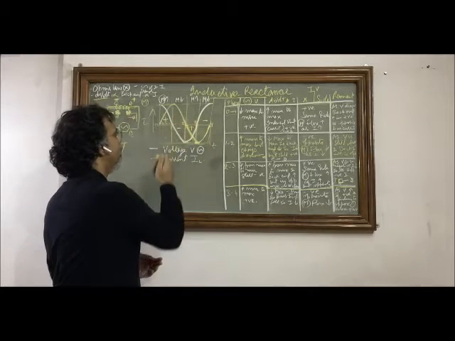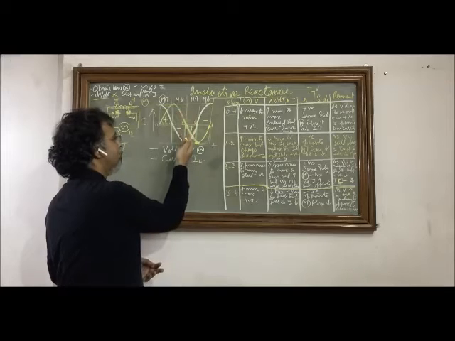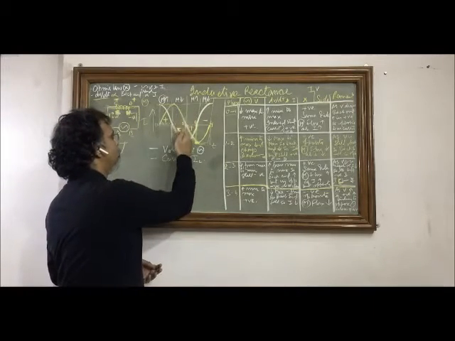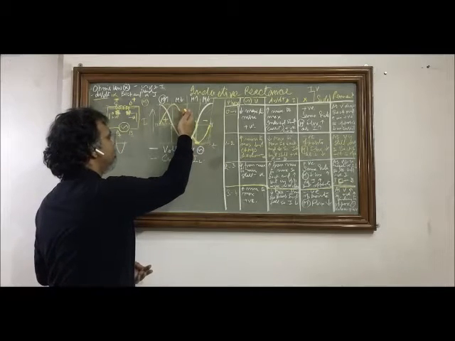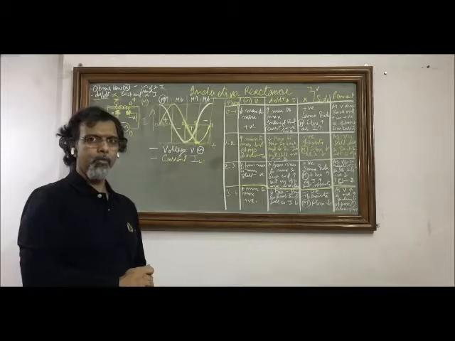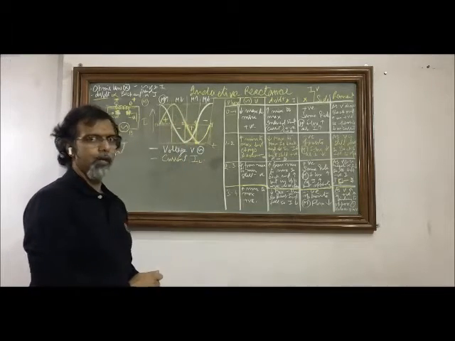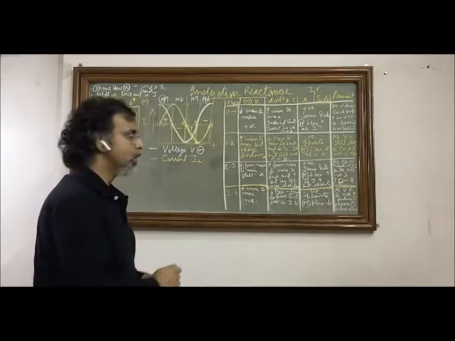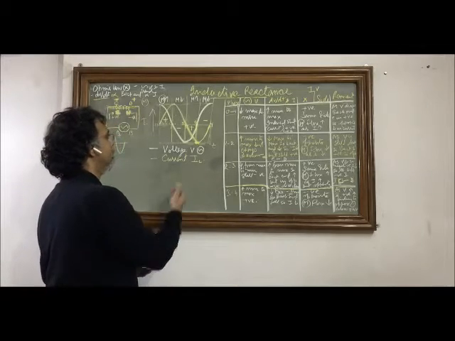If we come to the second quarter, we realize that the sinusoid of current and the sinusoid of source voltage lie on opposite sides of the baseline. The current is positive, but the voltage of the source is negative, which means the product is going to be negative. So this is going to be the quarter or the phase of the cycle in which the magnetic energy will be released from the inductor.